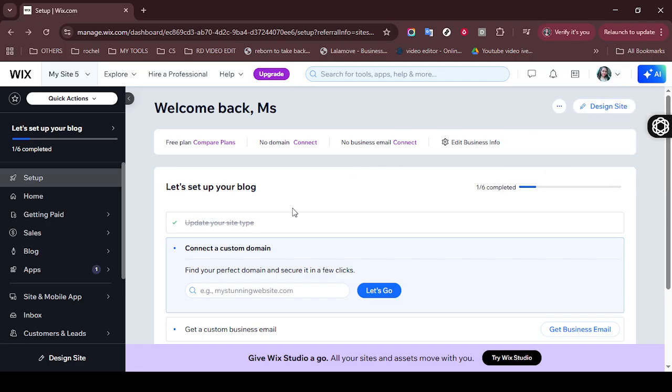Now look to the left side of your screen and find the option for the Wix App Market. Click on it to access a variety of applications that can enhance the functionality of your website. In the search bar within the App Market, type in QuickBooks and hit Enter. This will bring up a selection of apps related to QuickBooks. We want to locate the specific QuickBooks app that meets our needs and click on it to learn more about